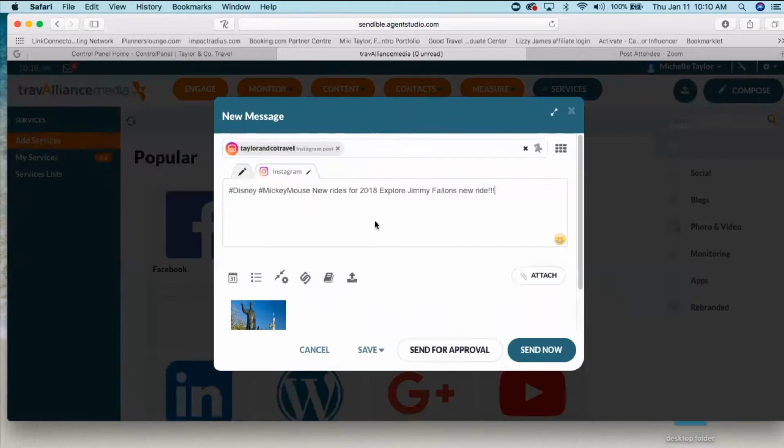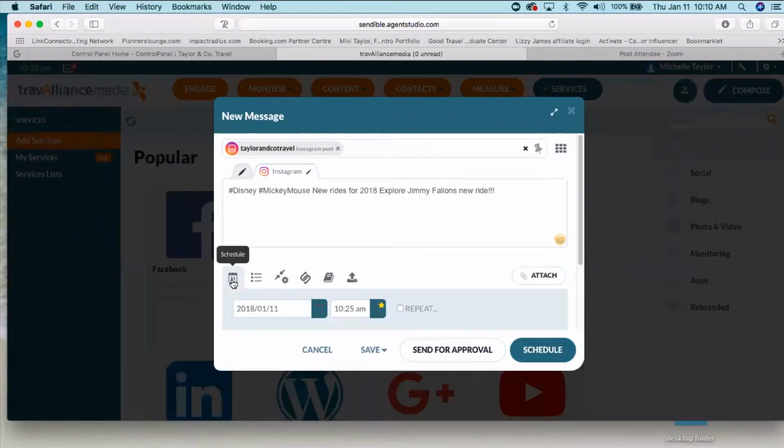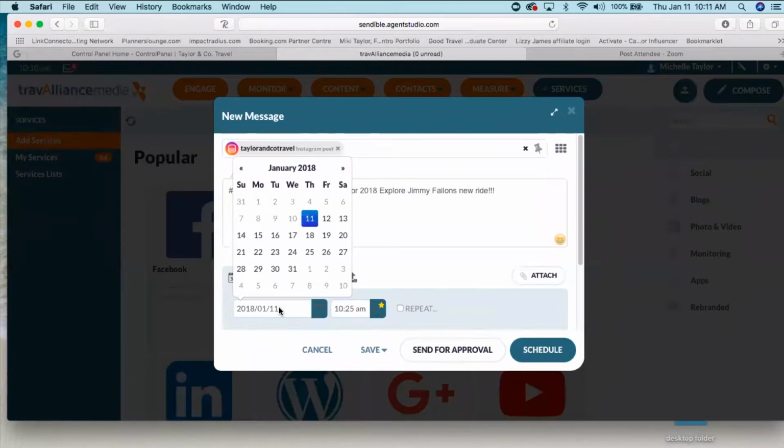Okay, now, if you're ready to set this up and post this, we would hit send now. If you want to schedule it out, you can hit the calendar, and then you can set up what time, etc., that you want this to post.